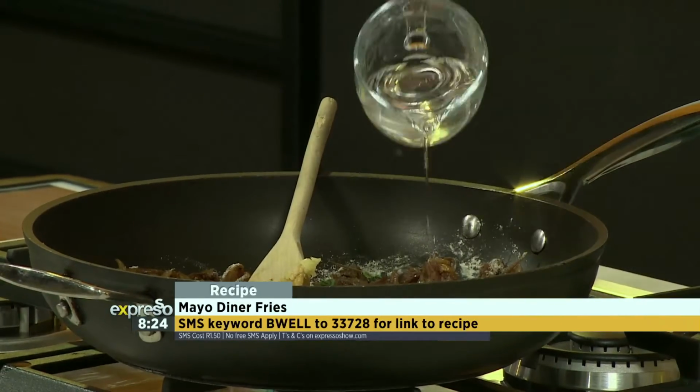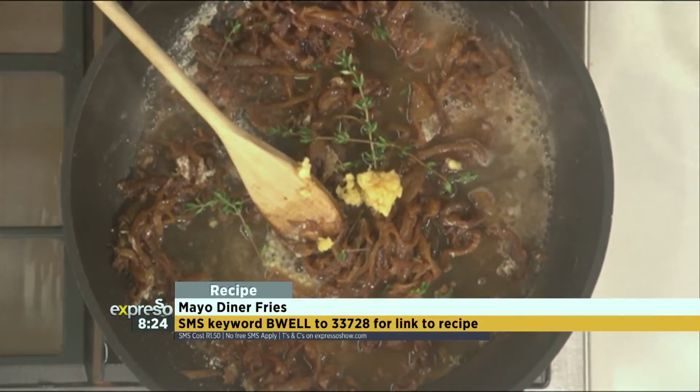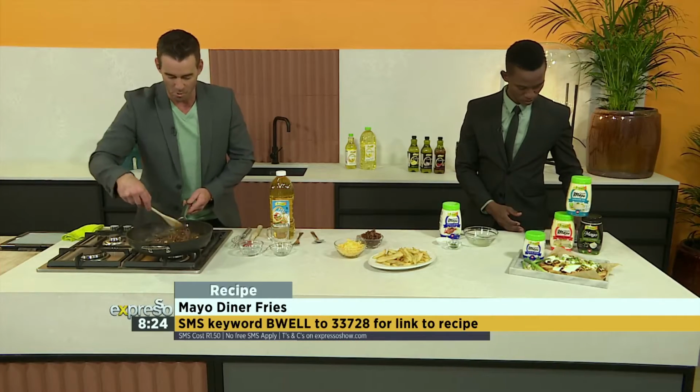And obviously we're using our B-Well canola oil to cook from the beginning because it cooks really well. It's healthy. It's got a great, very high smoking point. And then I'm going to basically reduce this down until the water is no more. And we've got a beautiful...